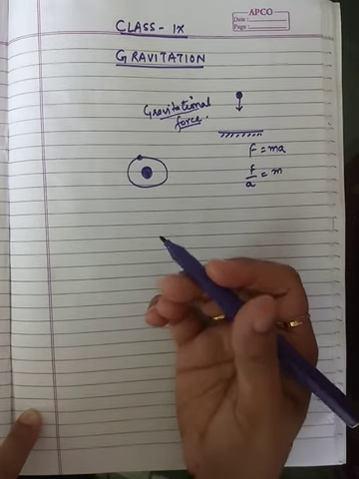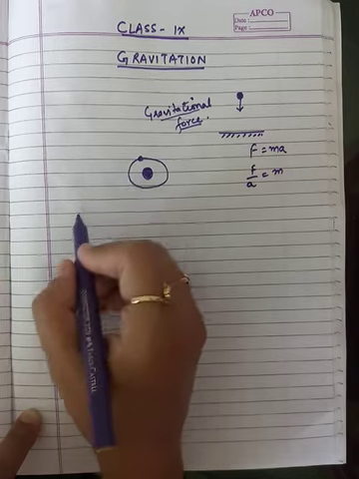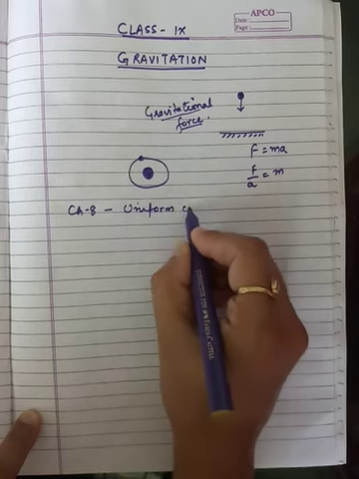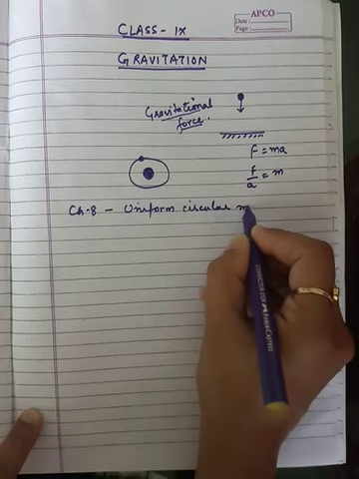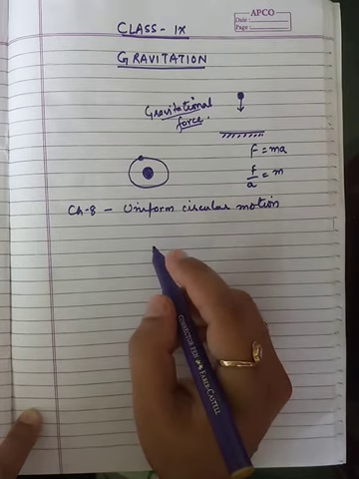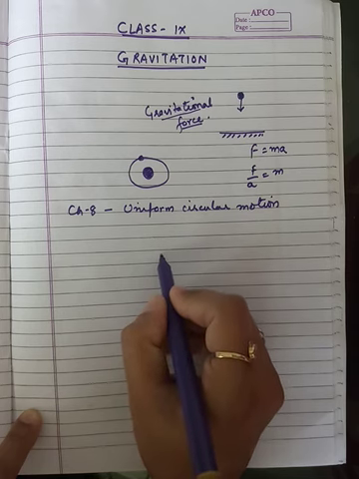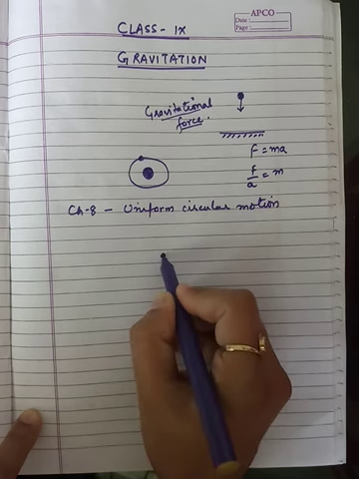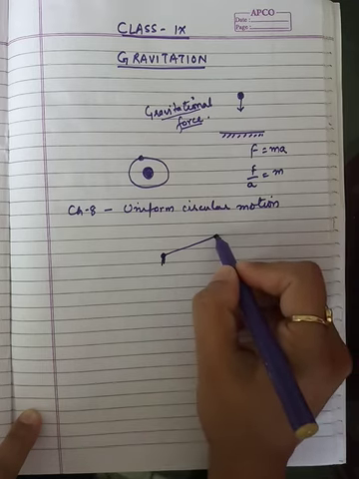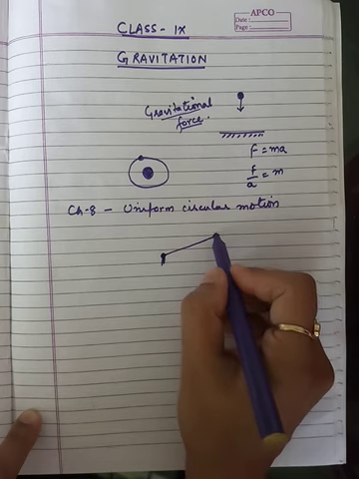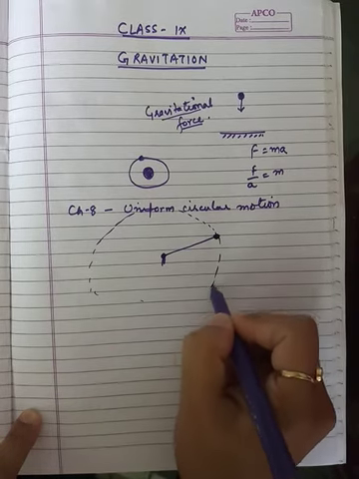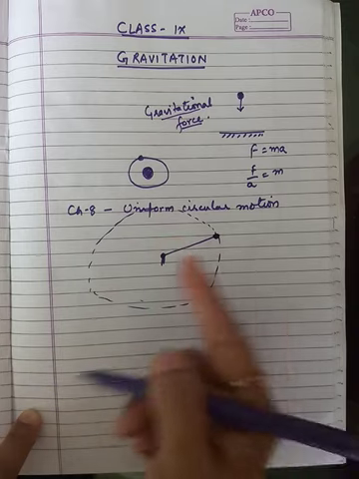Okay, what was the concept that we have studied in chapter 8? In chapter 8 we have studied uniform circular motion. In that concept of circular motion, we have seen one activity, if you remember, that a person is holding a thread, and with the thread a stone is tied on, and when he or she is moving it in a circular manner, then it will be like this,